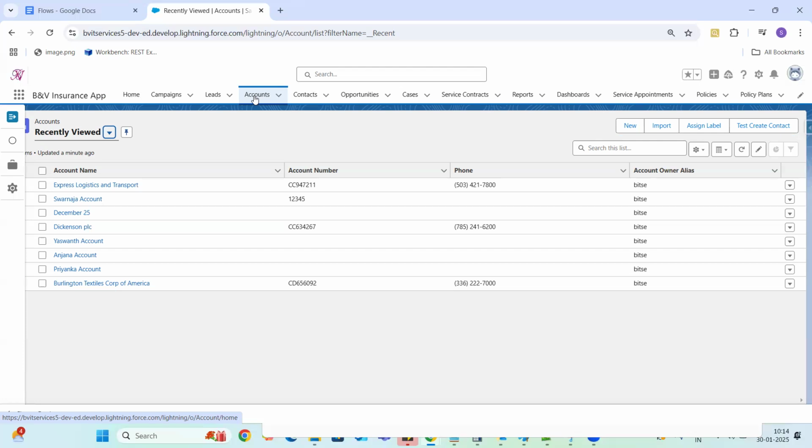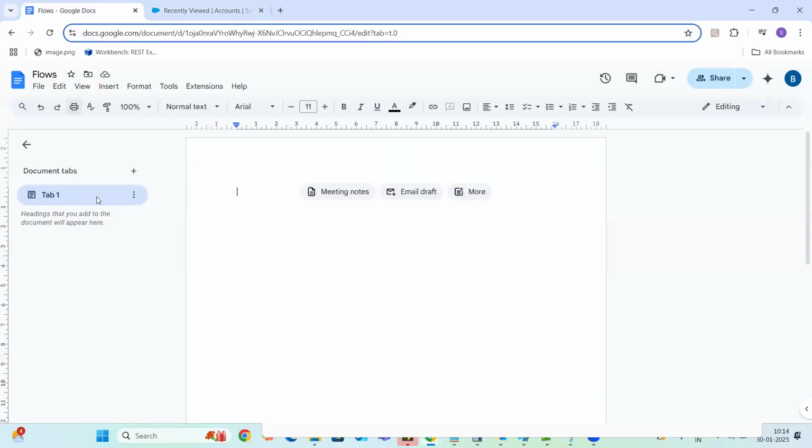This is one of the use cases where we use flows. Basically, in Salesforce, we use flows for the automation of things.